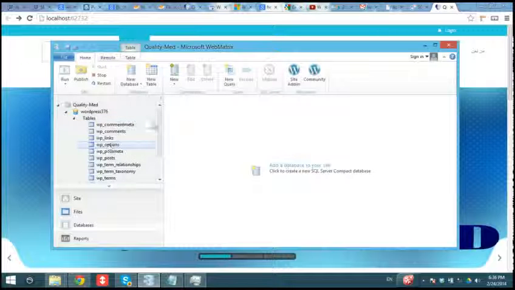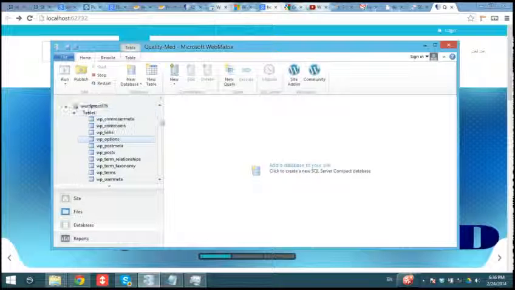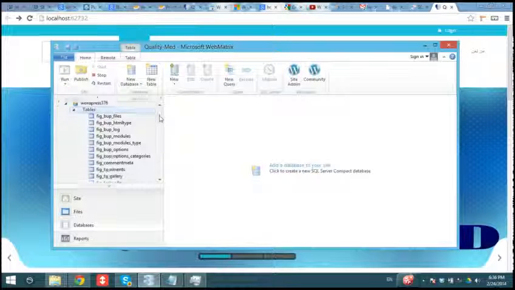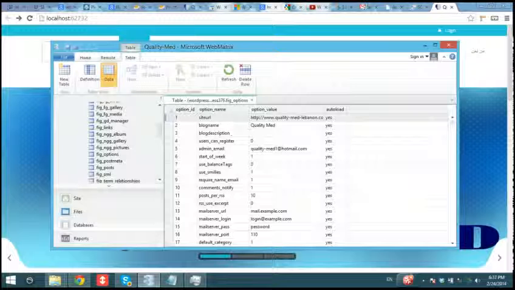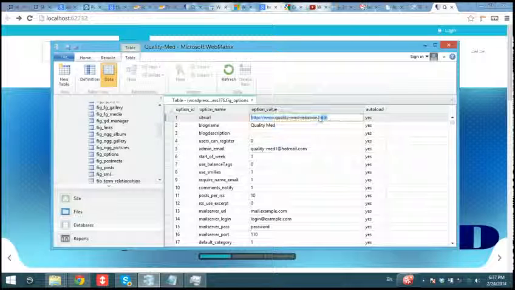Actually, we have first of all to refresh so that the new tables with fig appear. There's a table called fig options. Double click that table, and then you will see the site URL. The site URL must be changed. We have to put the localhost with the number without the last backslash, and